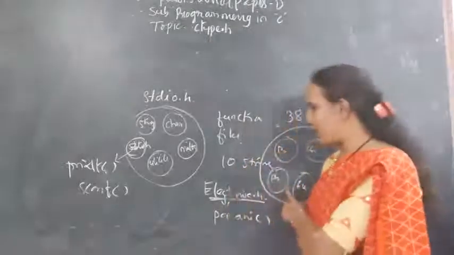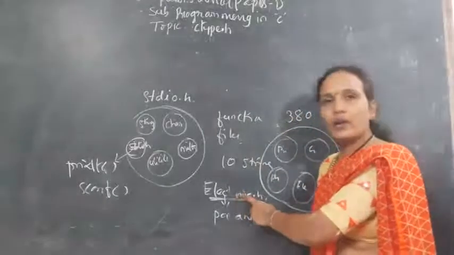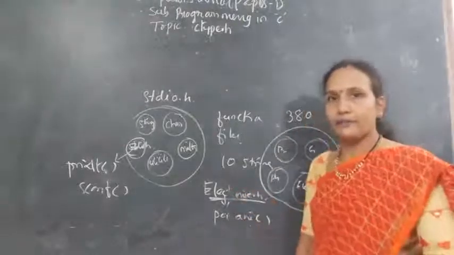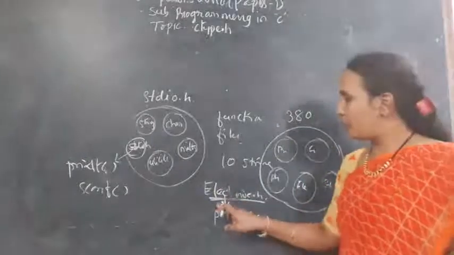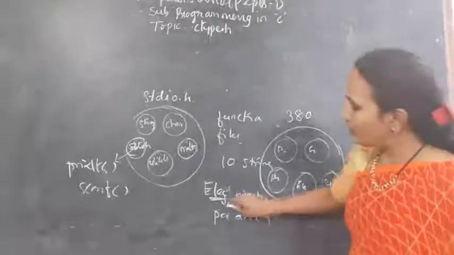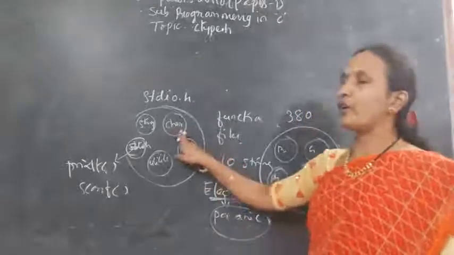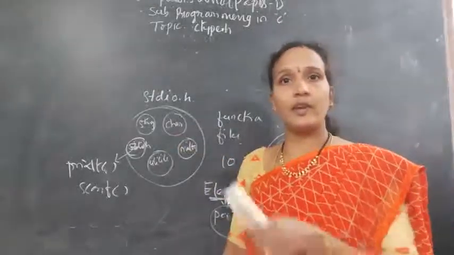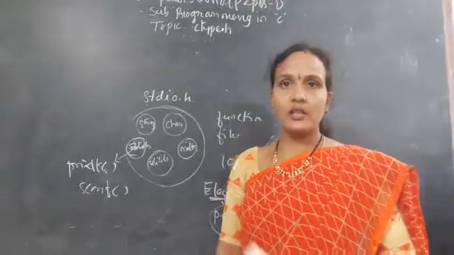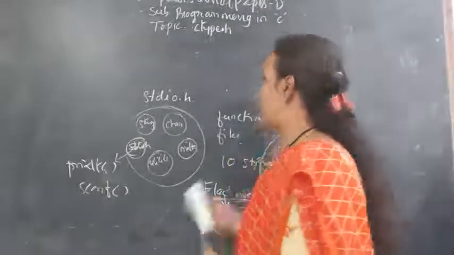As I already explained with the example, if you want to call Pavani, there should be an electronics group. If there is no electronics group, we cannot call Pavani. So if you want to call Pavani, at the beginning of the program you should include the electronics.h header file. If this file is included, then only you can use this function. Otherwise, you cannot use this function. So if you want to use the string functions, there should be string.h at the beginning of the program. Otherwise, you cannot use the functions related to strings. So that is about header files.